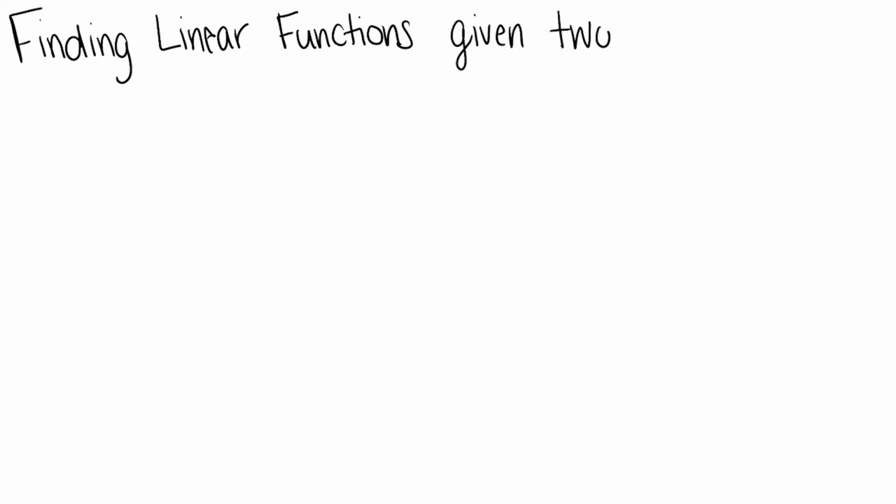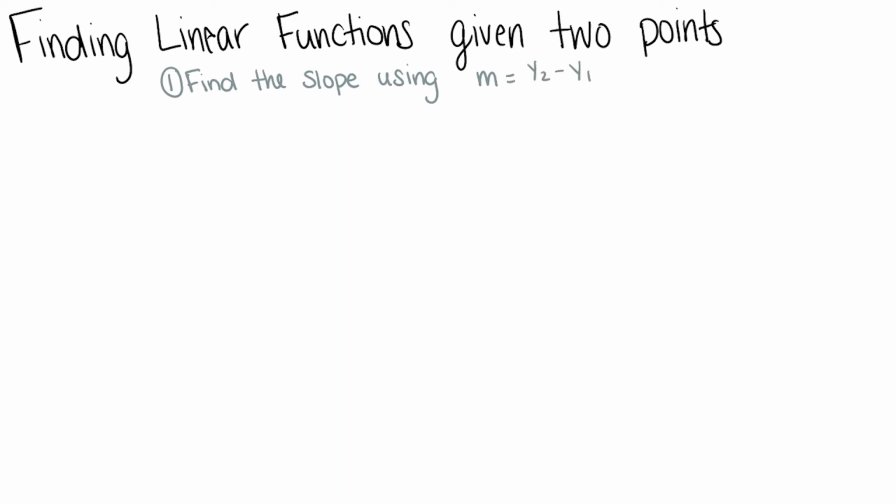Now, let's say we're not given the slope outright and we need to find our linear function given 2 points. Well, if you remember at the very beginning of this lesson, the very first thing I talked about is finding slope with 2 points. So if we're just given 2 points, we are absolutely able to find the equation for our line. All we have to do is add one step to the process that we were taking before